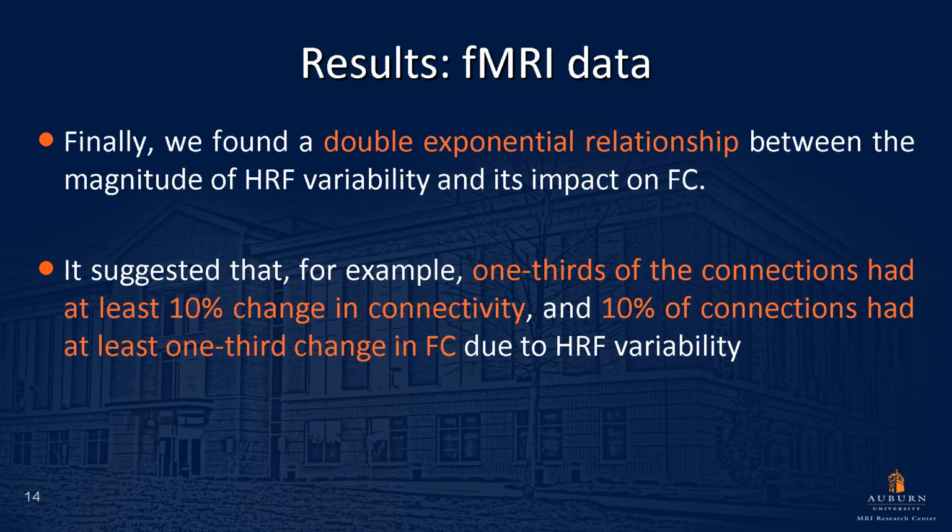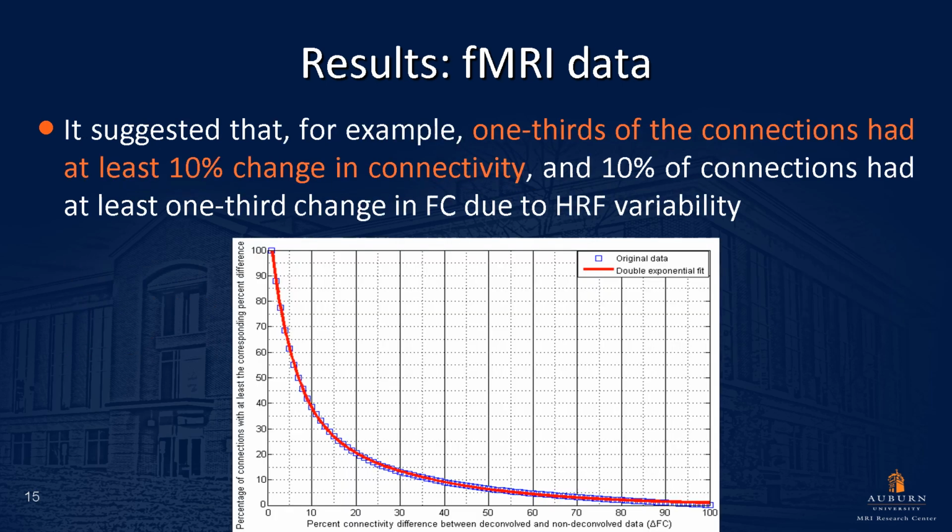Finally, we found a double exponential relationship between the magnitude of HRF variability and its impact on functional connectivity. It suggested that, for example, if you look at the next slide, the double exponential curve, 1/3 of the connections had at least 10% change in connectivity, and 10% of the connections had at least 1/3 change in connectivity due to the HRF variability. So this gives you a sense of the impact of HRF variability on functional connectivity estimates